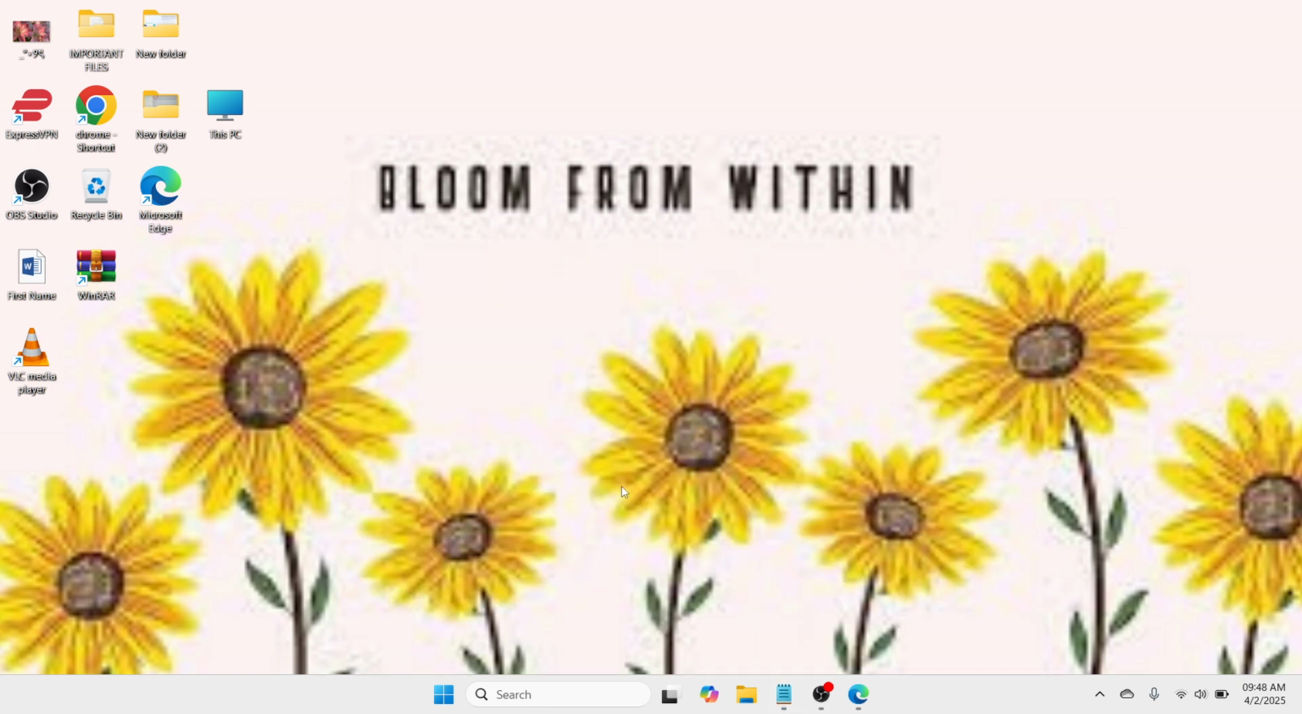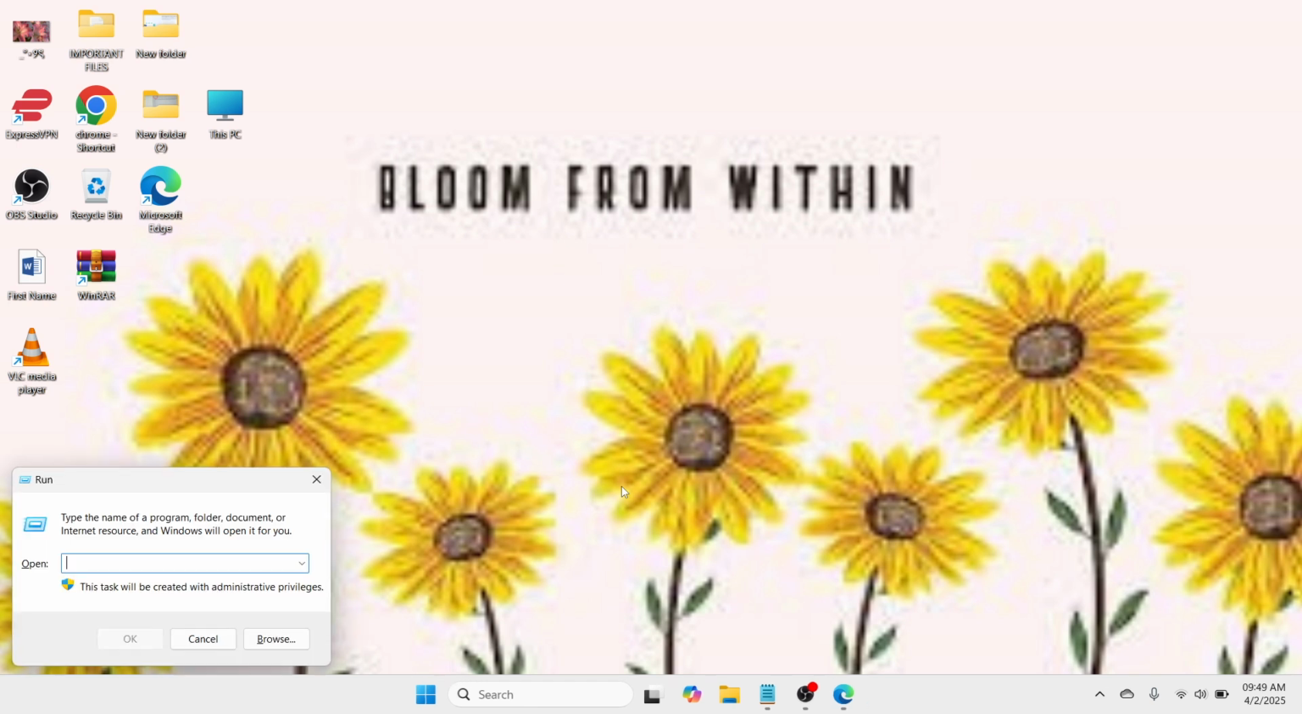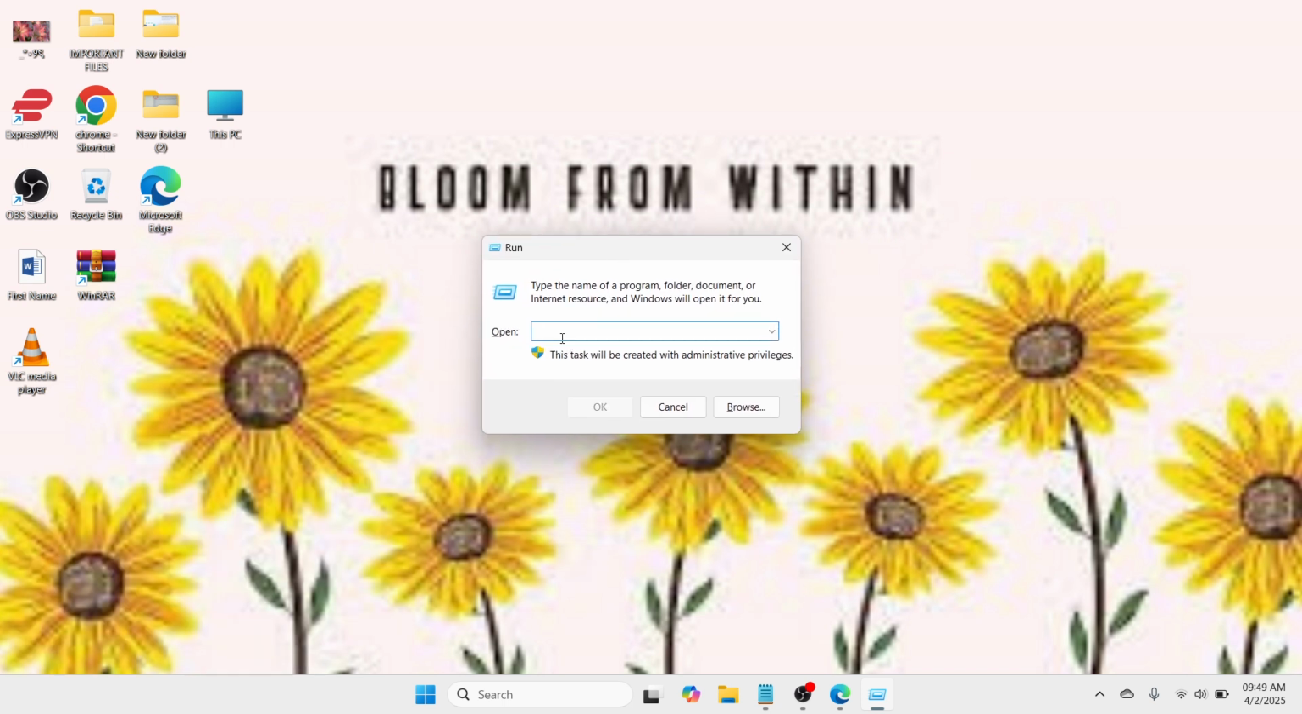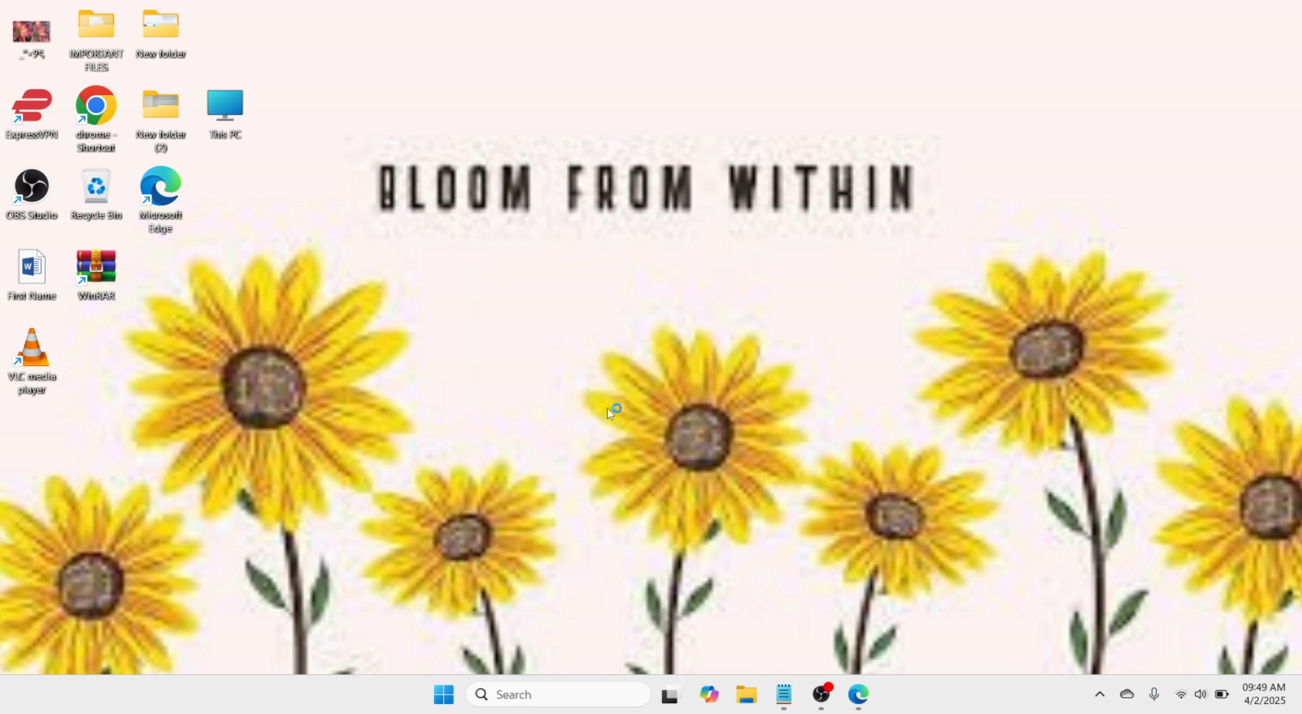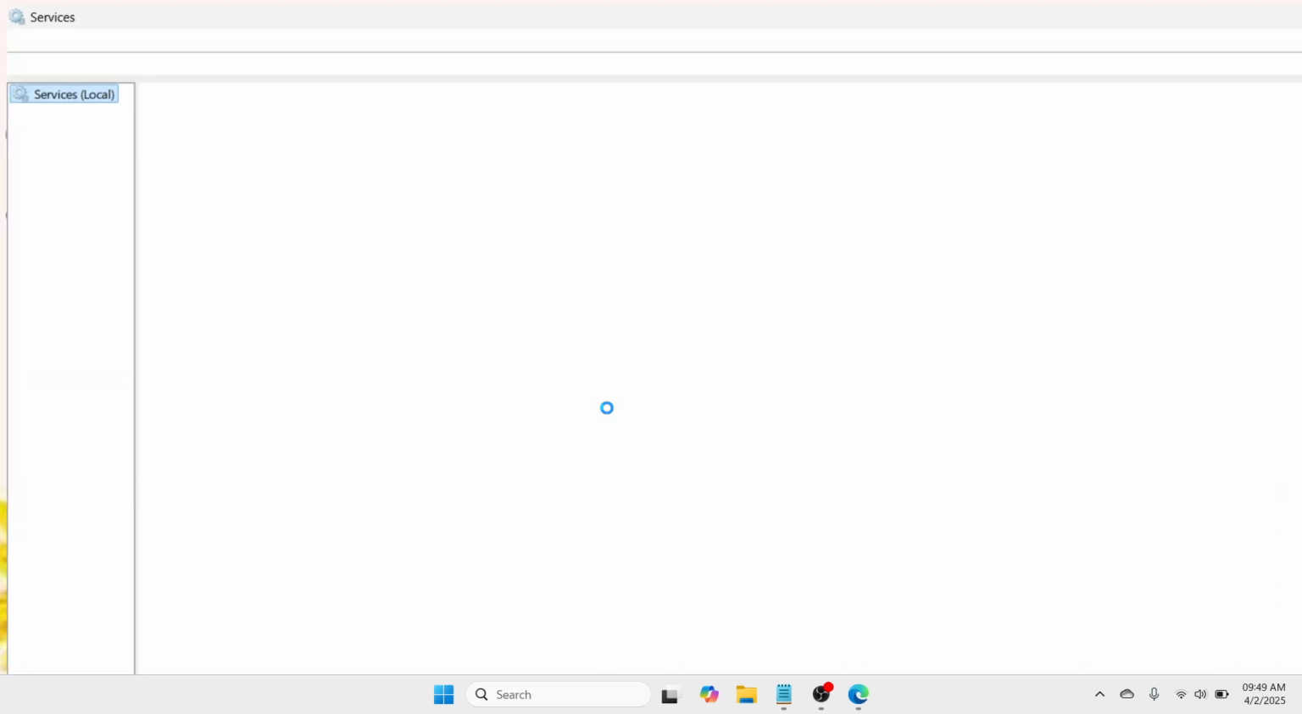Okay, so the very first thing that you need to do is at the keyboard, press Windows key and R key together. And by that, you would be able to open the small window called Run, where here you need to type for services.msc. Once you have typed that, please proceed on OK and wait until a new window would be appearing here on